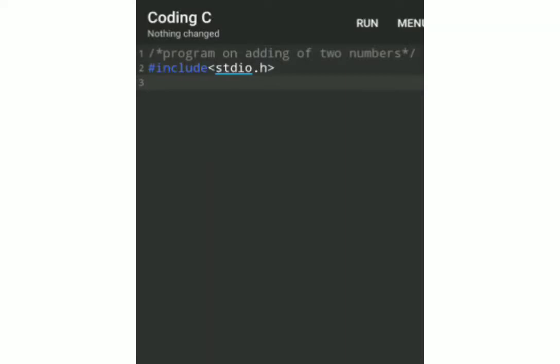Next we'll declare the main function. In that, int also will give. Next open brace, int a comma b comma total, and semicolon must be given.